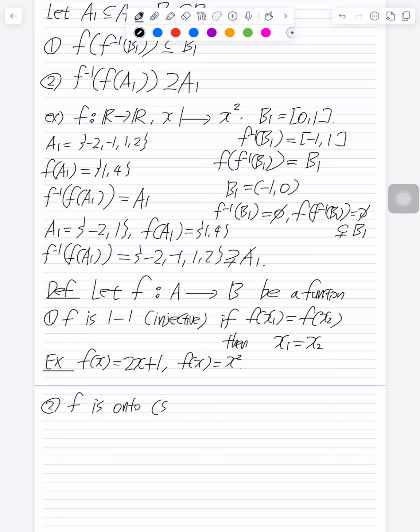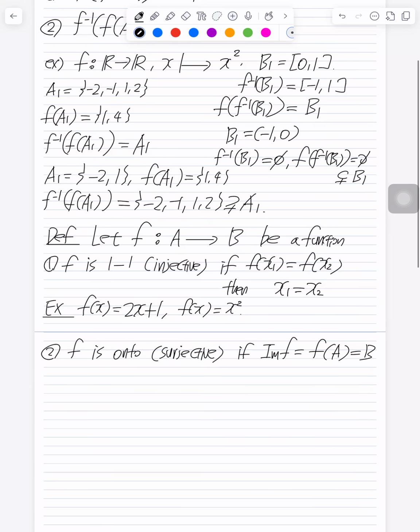or surjective if every point of the codomain is hit. Meaning that the image of f, which we also denote by f of capital A, is the same as B. So we can draw the naive diagram where f maps to this set B, and it fills all points inside of B. So surjectivity ensures that no holes remain in the codomain image.